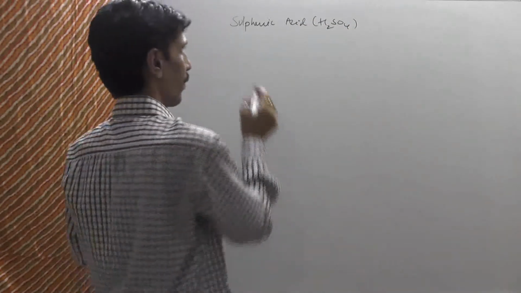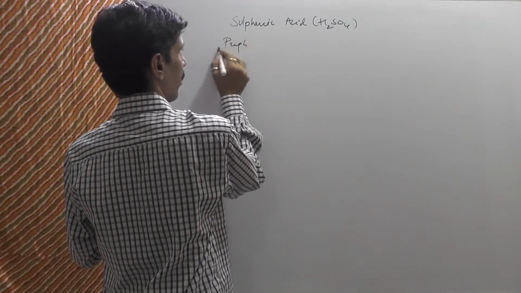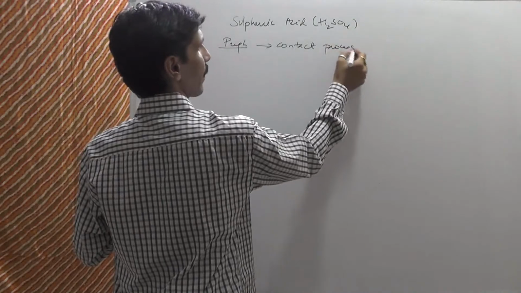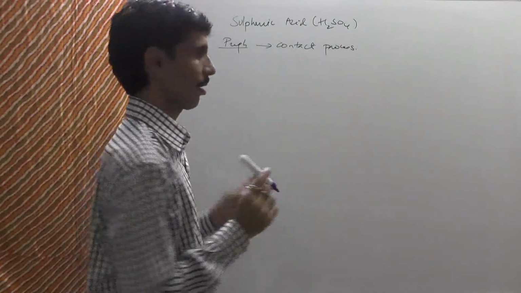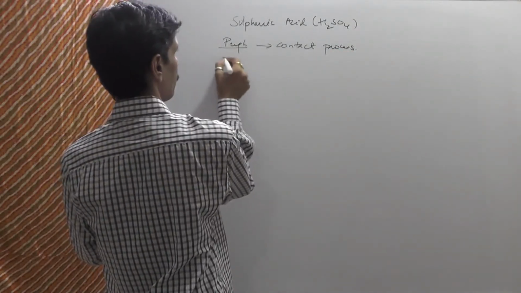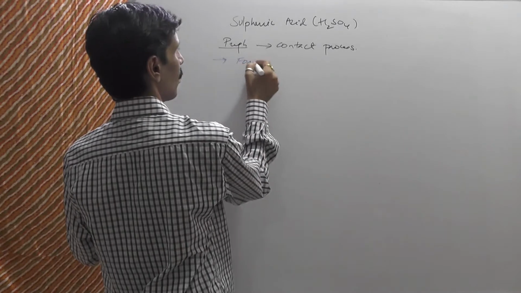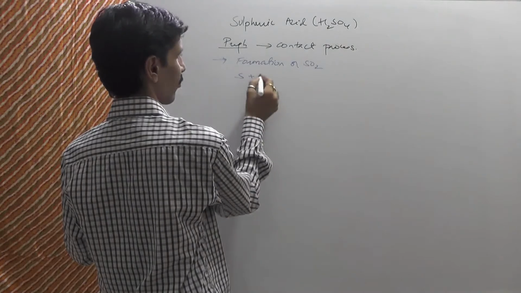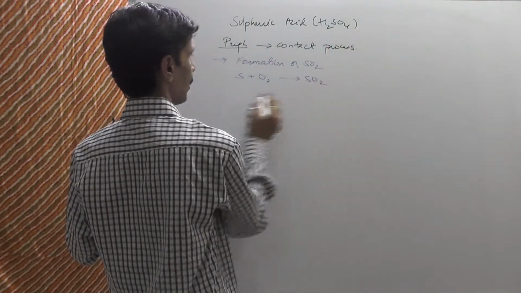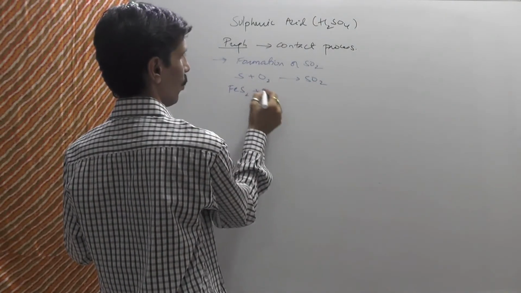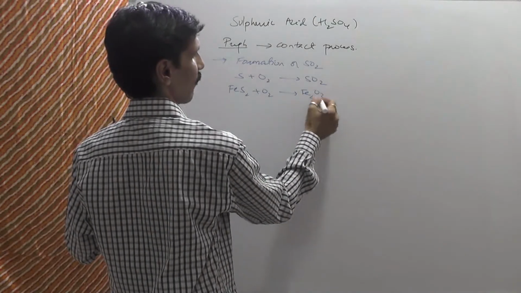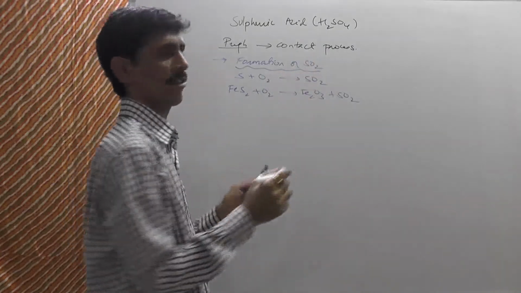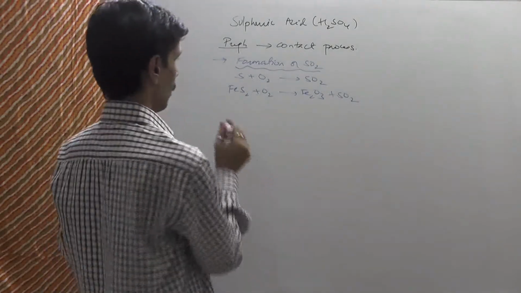तो पहले शुरू करते हैं हम लोग प्रिपरेशन से। प्रिपरेशन में दोस्तों the process that we are going to use, मैंने थोड़ी देर पहले जिक्र किया था इसका, and that is contact process. ओके, तो उसका अलग अलग स्टेप्स है। स्टेप नंबर 1, formation of sulfur dioxide. So either combustion of sulfur gives you sulfur dioxide, या फिर roasting of sulfide ore is going to give you sulfur dioxide। ठीक है, ये हो गया स्टेप नंबर 1, formation of sulfur dioxide।